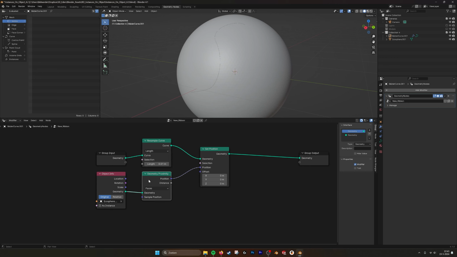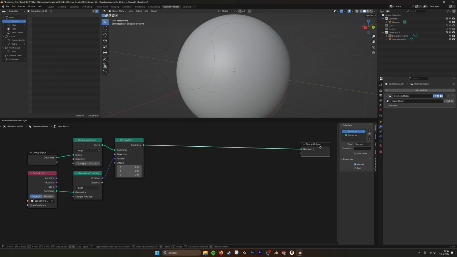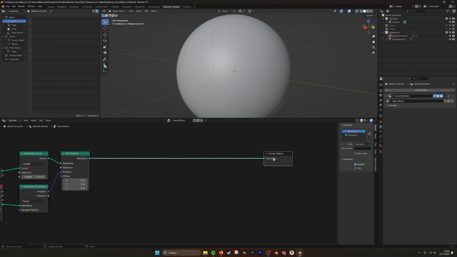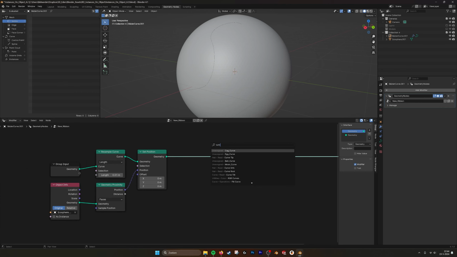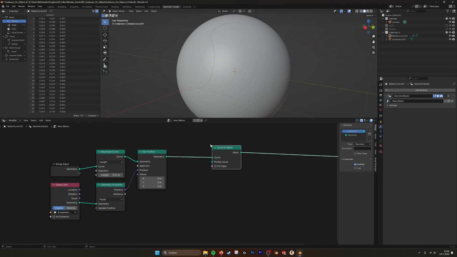So you take the nearest point from the curve to the surface and then set that position. So if we don't set it, you see that it doesn't align very well. And if we set the position by proximity, it lines up pretty well. So what we do next is we go from curve to mesh. And then we take a